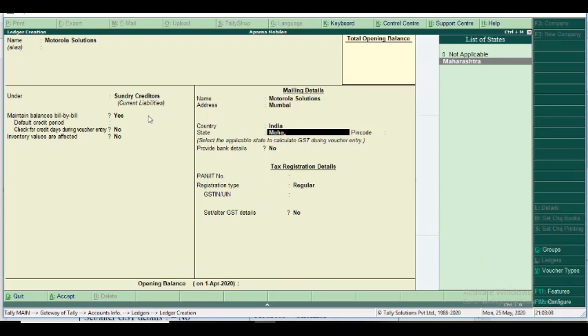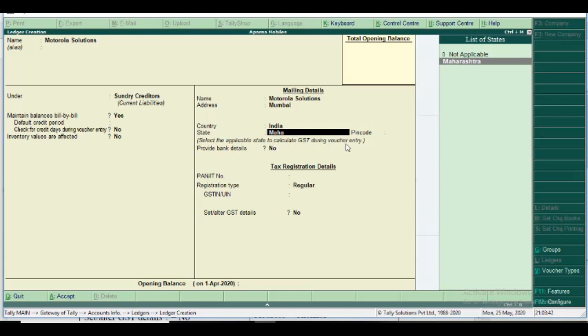If you select Maharashtra, the right GST amount automatically comes. If you forget to select the state as Maharashtra, you can't get it automatically, and it's an error. So please note that Motorola under group Sundry Creditors is important, and the state is equally important, because it's a GST transaction. Select the applicable date to calculate GST during voucher entry.